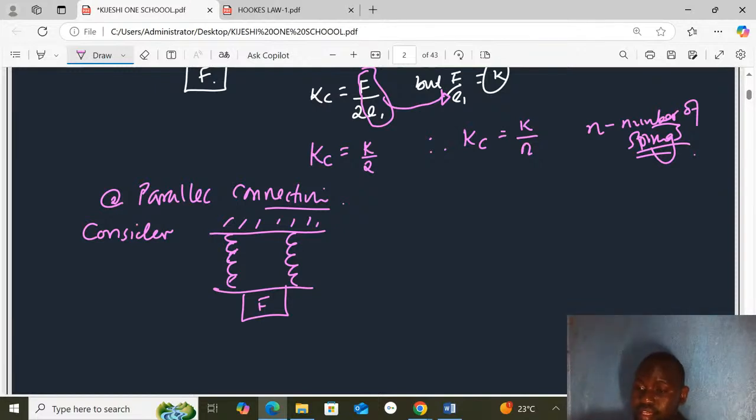These two springs here are sharing this force, meaning that if one spring could be extending by E, then the total extension for the system will be the same as a half of the extension for one spring. Therefore, we can say that